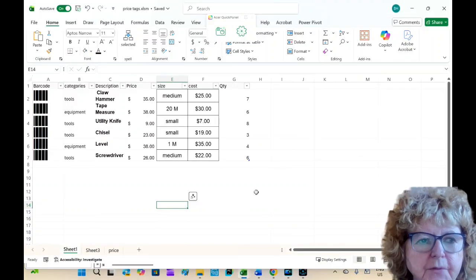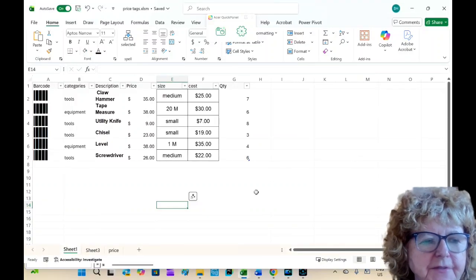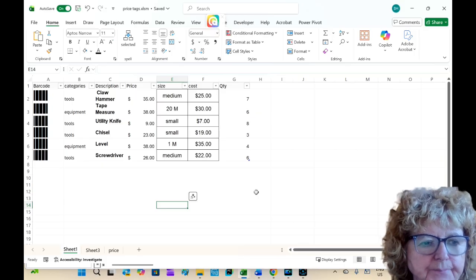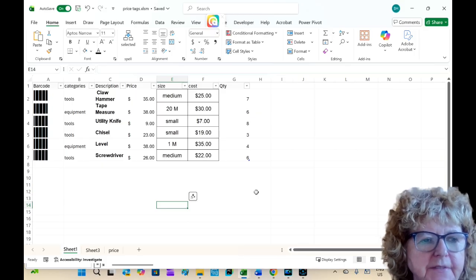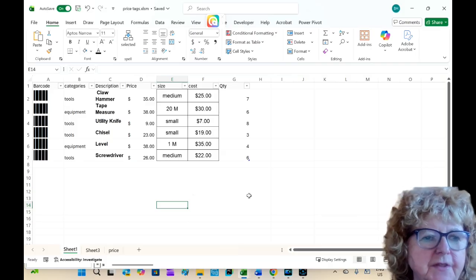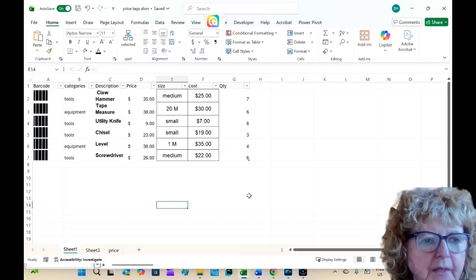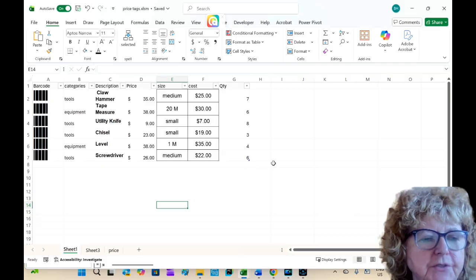Going to show you how you can create two different methods of creating price tags from your data in Excel. Now, the first method is something that's available in Excel 365, which is the TOCOL method. So what we are going to do is select all of the columns that we